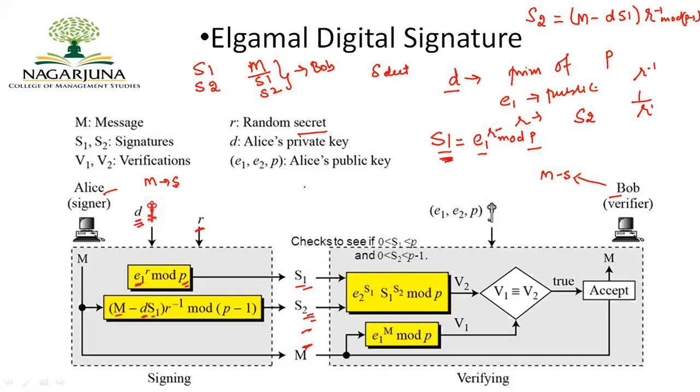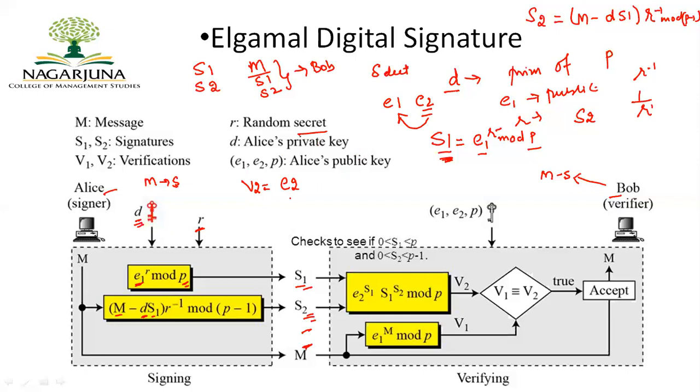Now the first step is he has to calculate his verification V2. So what is this V2? V2 is the verified signature of Alice, which is made by Bob. How does he do it? He already has this E2. Now when I say E1 and E2, E1 and E2 are the public key, where your E2 is generated from your E1 using the key generation. I'll be explaining that in the key generation method.